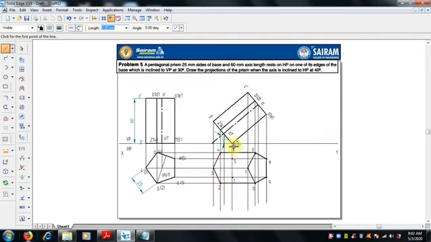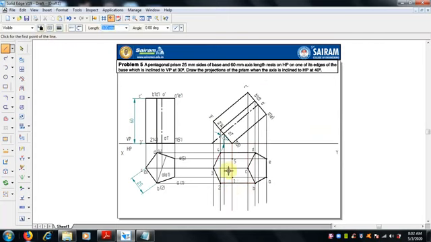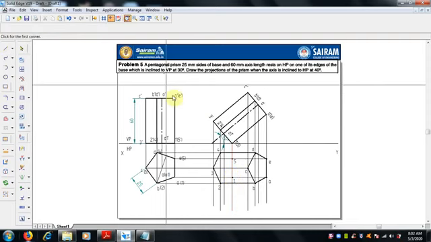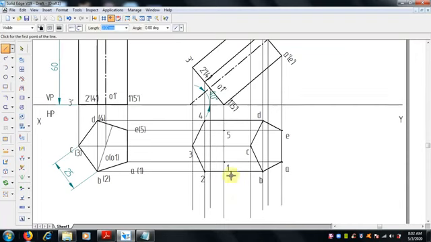As I said, 1 and 5 is hidden. Select a hidden line and join this. Let me go for a zoom option. Now the end point of this and the end point of this is hidden.